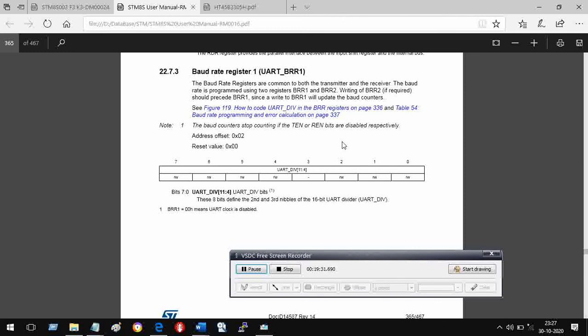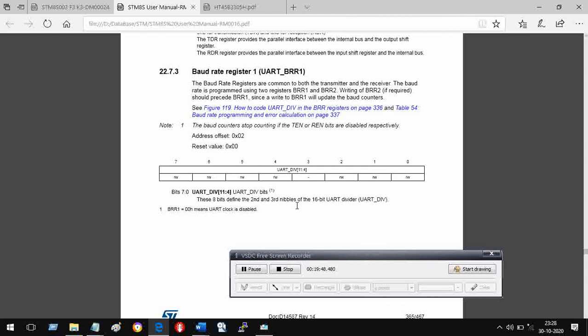You can see what is written here: this is the number with which you have to divide. These 8 bits contain the bits from 4 to 11, that is 4, 5, 6, 7, 8, 9, 10, 11. These are the 8 bits that are provided by BRR1.